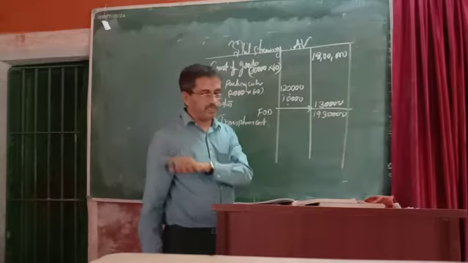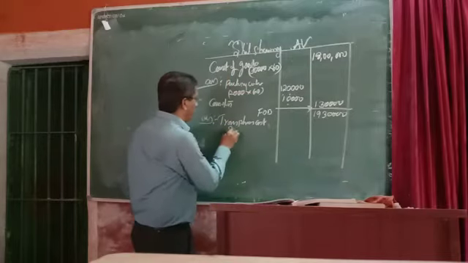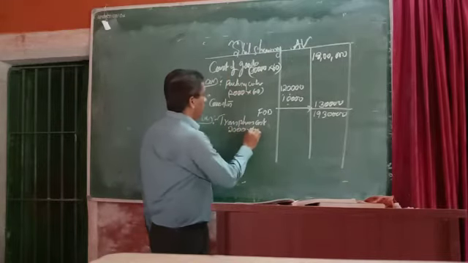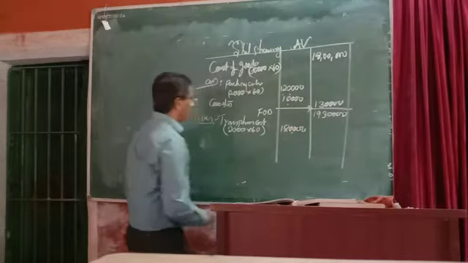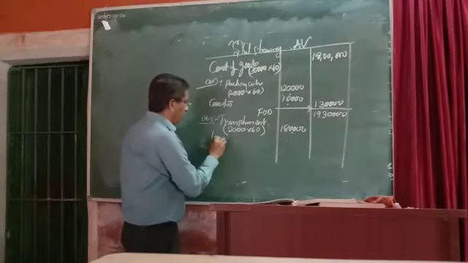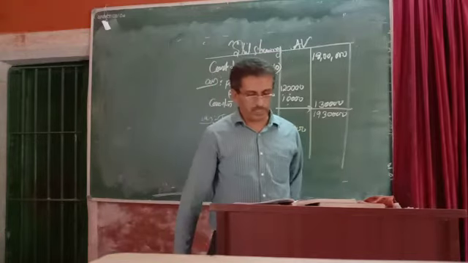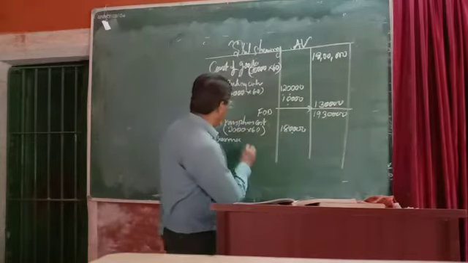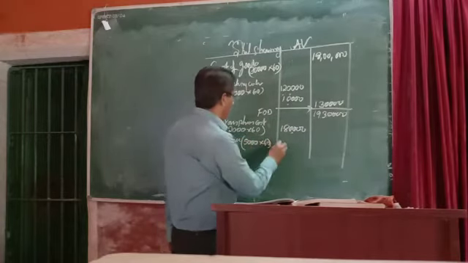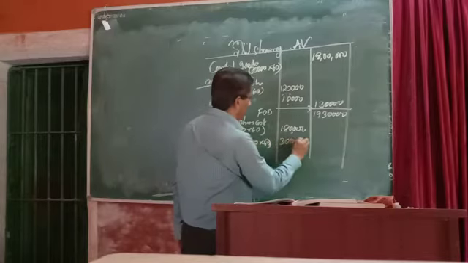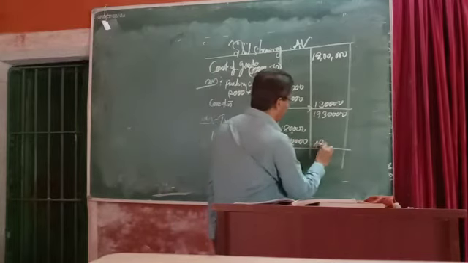That's the reason that should be taken into consideration. Here it should be $2,000. That means 2,000 into 60 should be 1,80,000. Next one you are supposed to take here is insurance. In this particular problem it is given $5,000. So 5,000 into 60 should be 3 lakh. Totally 4,80,000.